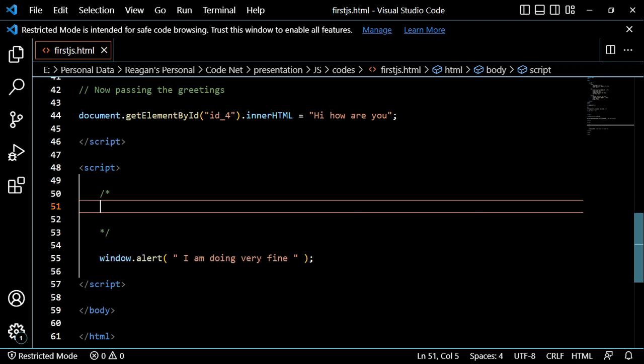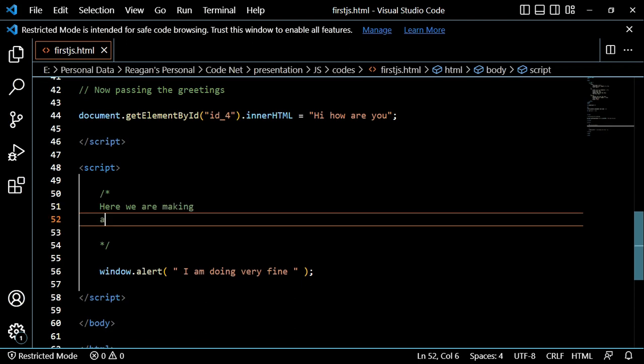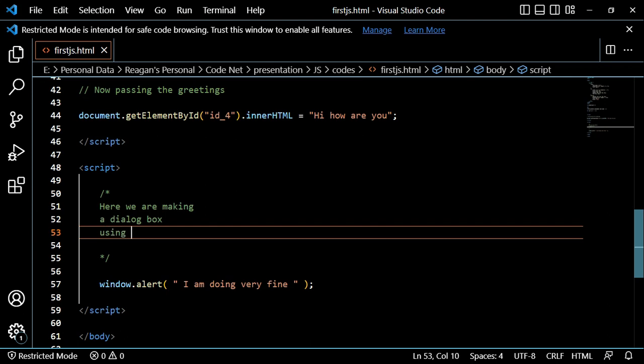So I can say, okay, here we are making a dialog box using window.alert as a display method. If we go on our browser,